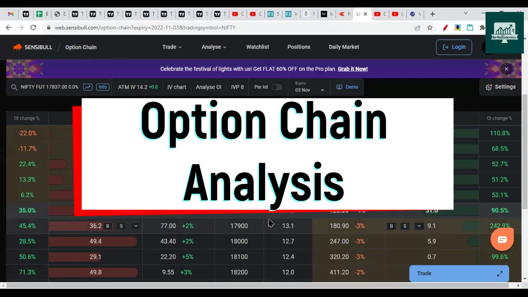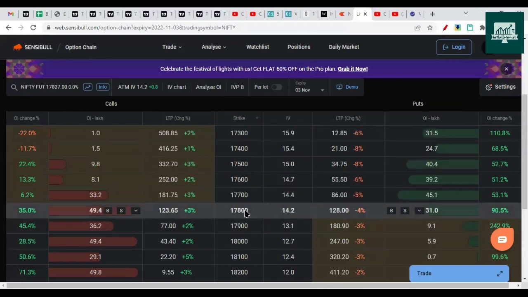In the last week, we perfectly forecasted that Nifty will stay between 17,800 and 17,500, and it will expire within this range. Because 17,500 was looking like very good support for the expiry, and 17,700, 800 was the range which was a major resistance as far as the option chain was concerned for October expiry. It was a monthly expiry last week, right? So that happened within this range itself. Now for the next session, you can see here